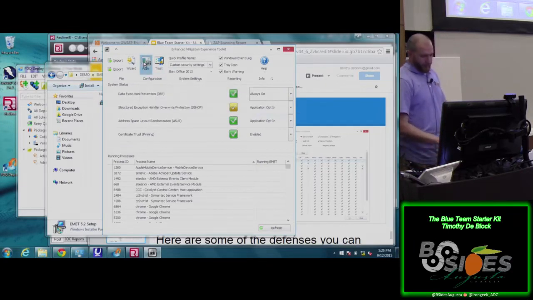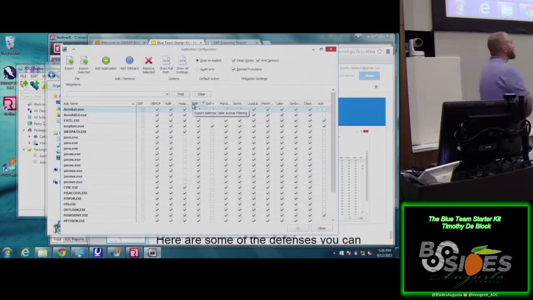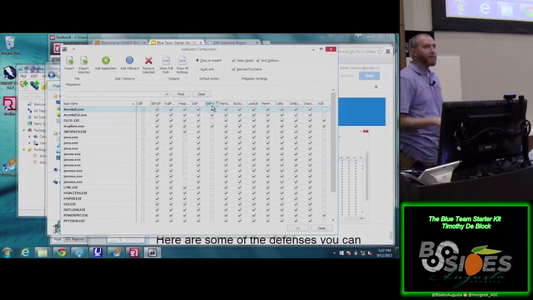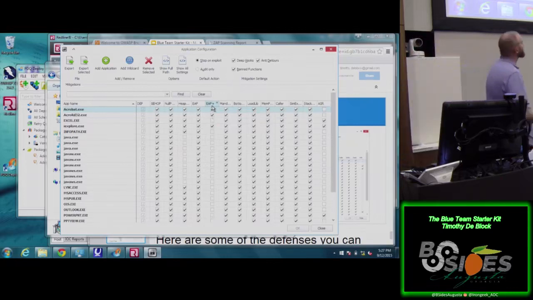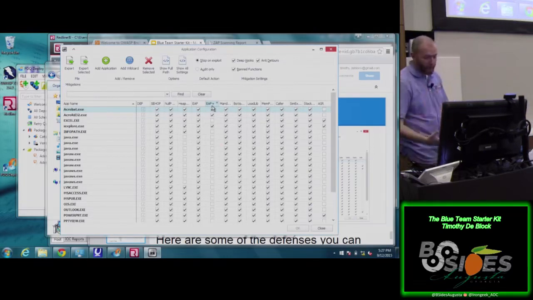But this is the control that you have. You can see all the protections running here. When EMET does block something, in the bottom right corner it'll usually pop up an EMET block and give you the exact thing. In the case of my developers, EAF Plus was blocking it for whatever reason, so I had to go in and just uncheck it for that application. You're unfortunately having to uncheck a protection, but you're still allowing all this other protection to occur on the box.